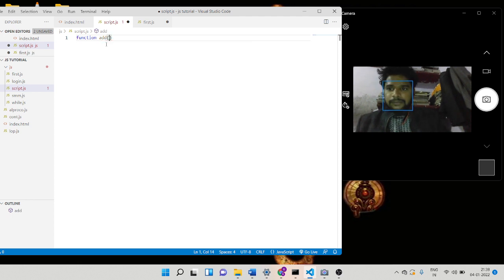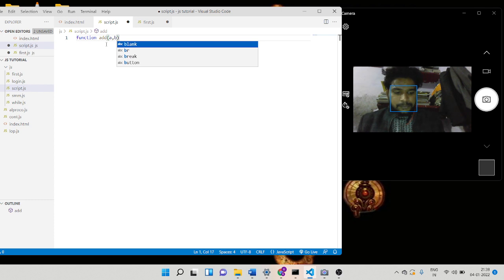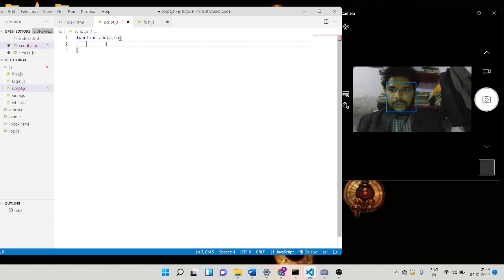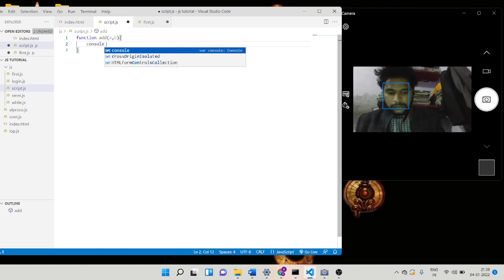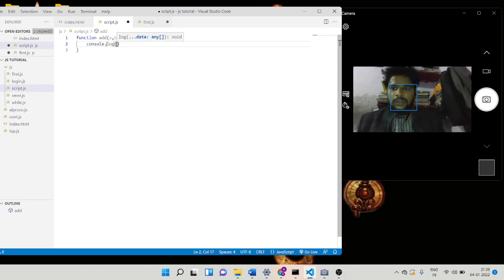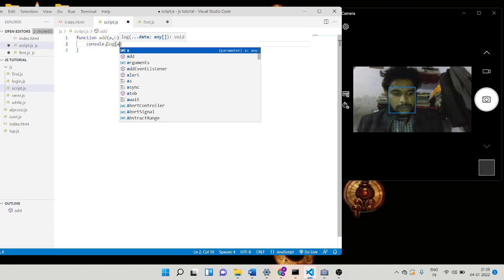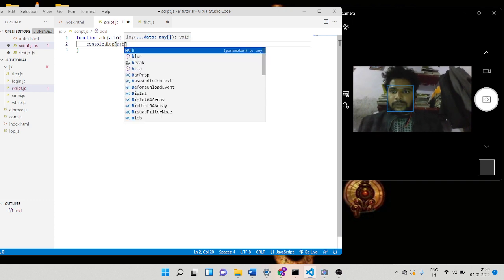Function add, with parameters a, b. Then I write console.log(a + b).